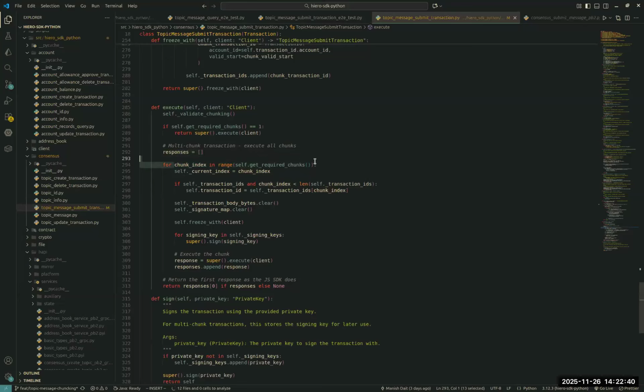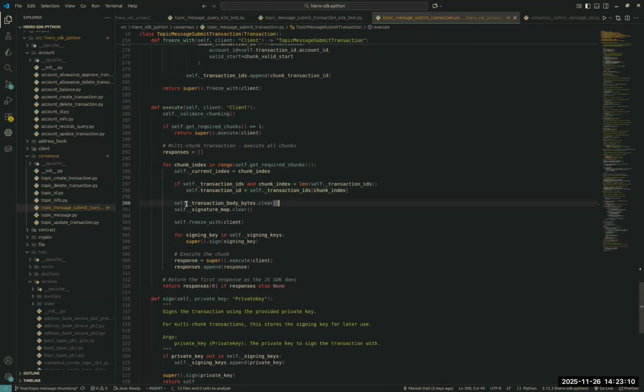For the number of chunks, it will increment the index number to keep track of the sequence, first sequence, second sequence, and then it will get the IDs from the array list that we have stored,